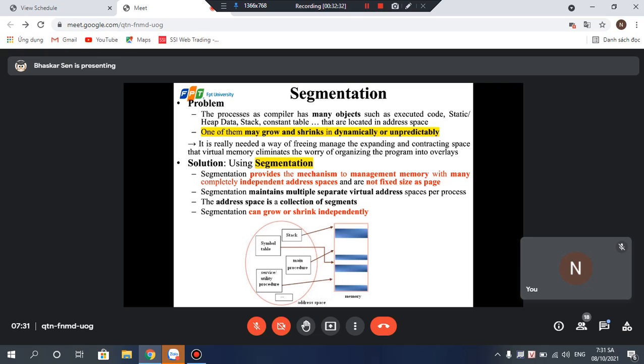So what we are going to do is segmentation. We need to, even before we hand it over to the CPU for further addressing or address spacing, split up our program into logical segments. This is an important concept.